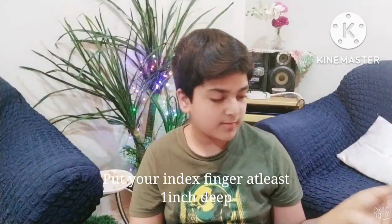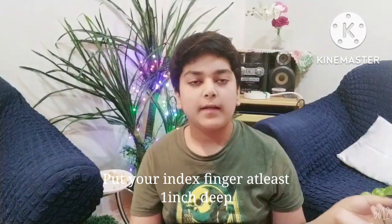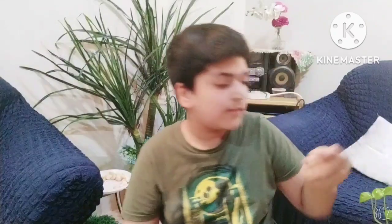If the soil doesn't stick to your fingers, it means the soil needs water and you should give it right away. Now suppose in the other one which I have, when I put my finger in, you can see the soil sticking to my fingers, so it means it has water. Now the next important point is that,